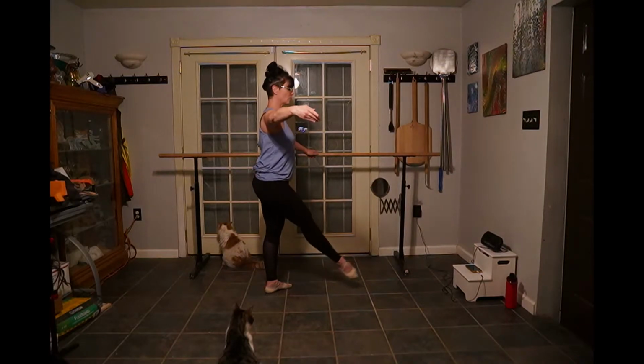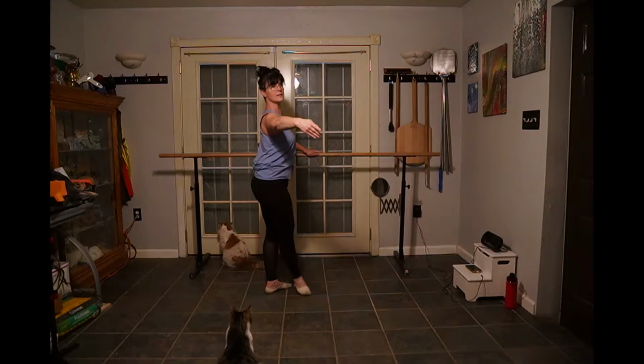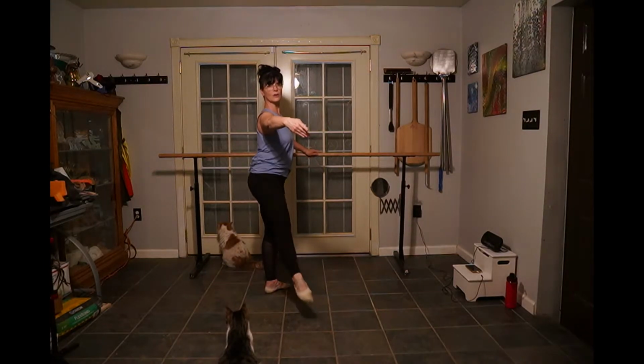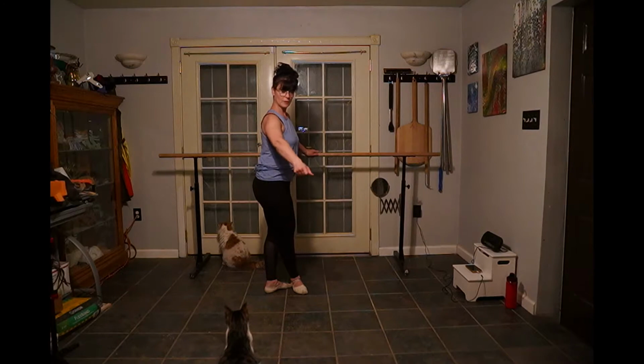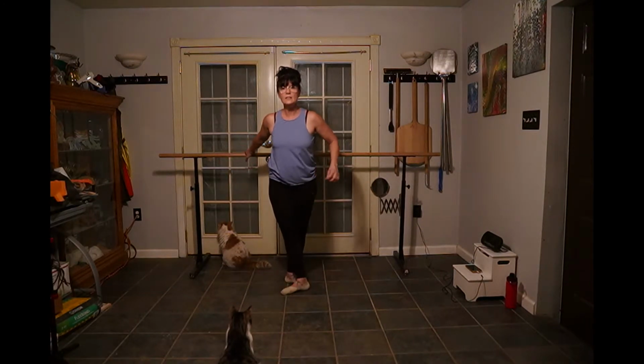All right? So we have 1, 2, 3, 4, and side, and hold. En croix starting from the back, and here, and side, and hold. All right? So 1, 2, 3, 4, and side cross. When you're crossing in